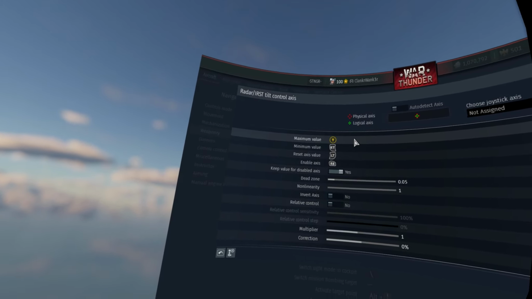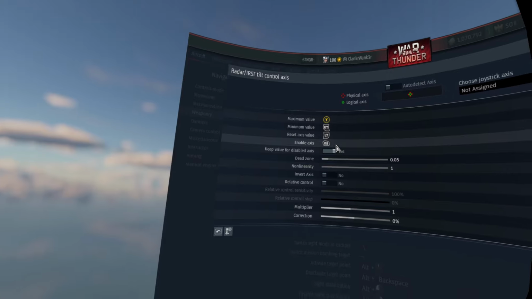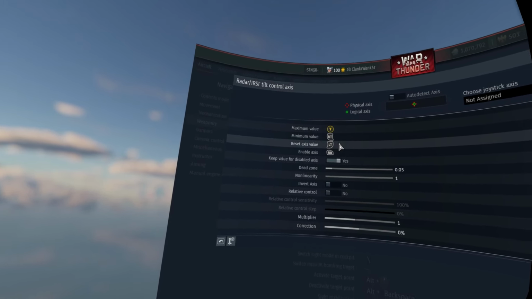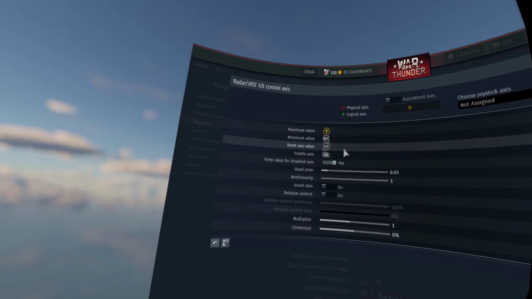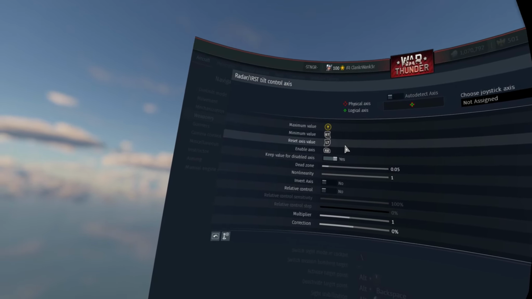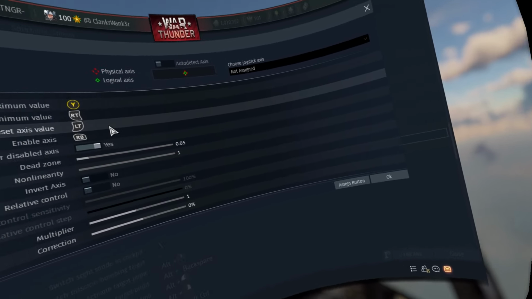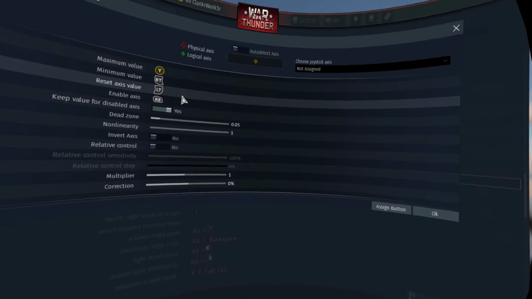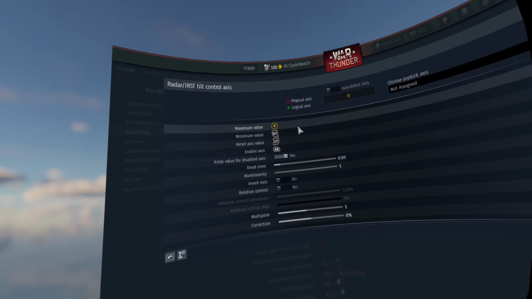So I'm going to push my modifier key, which is the enable axis, and then the reset axis value is going to be whatever you want. Honestly, I have it on my hat, on my HOTAS stick, and then your minimum value is going to be